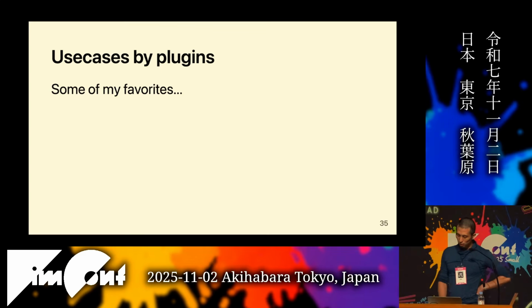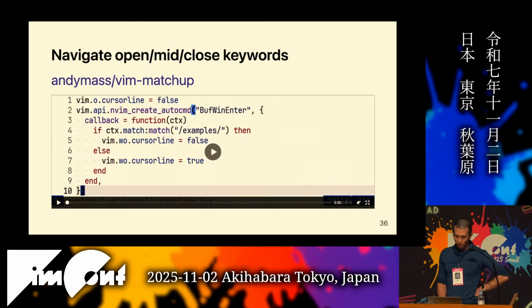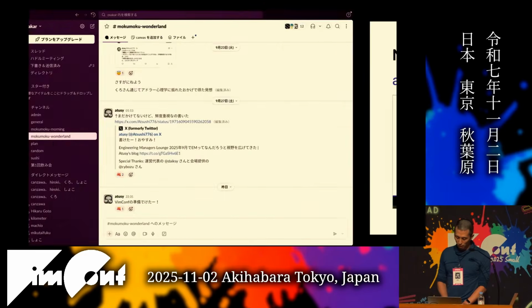All right. Now let's move on to use cases by plugins. This would be more interesting, I guess. Here's the vim-matchup plugin. This is a plugin for Vim users, not only for Neovim users, but it also has Treesitter integration. So by using it,